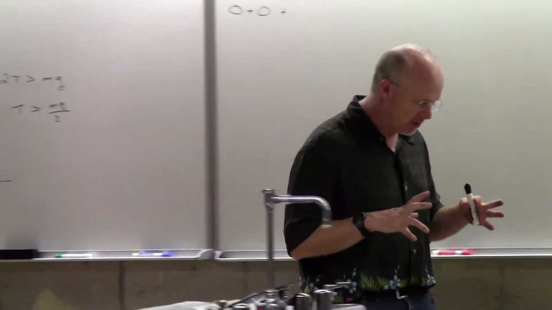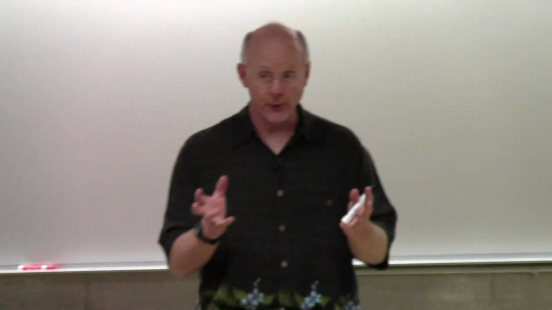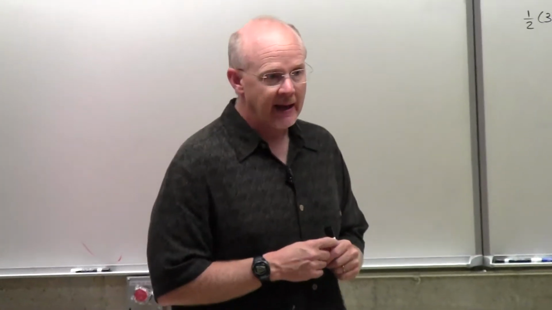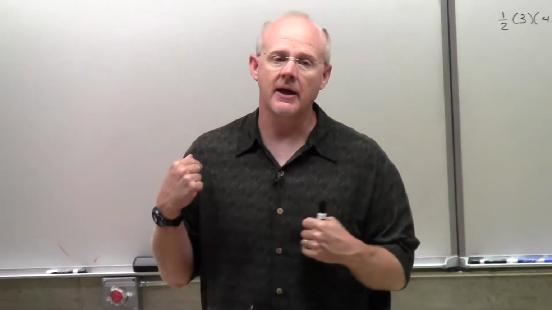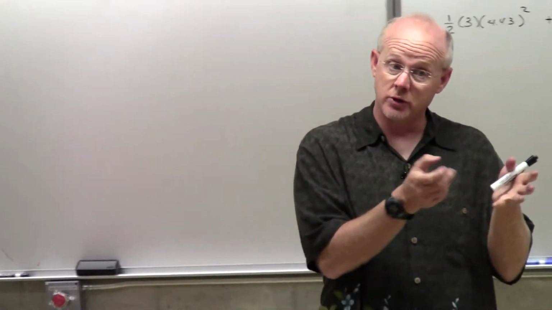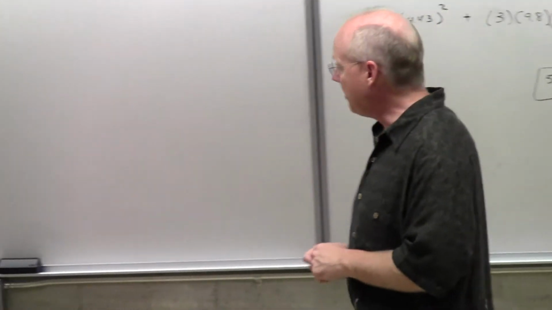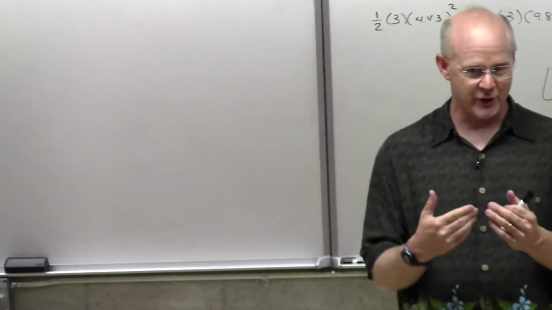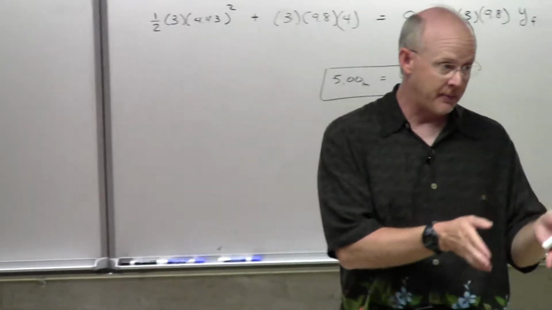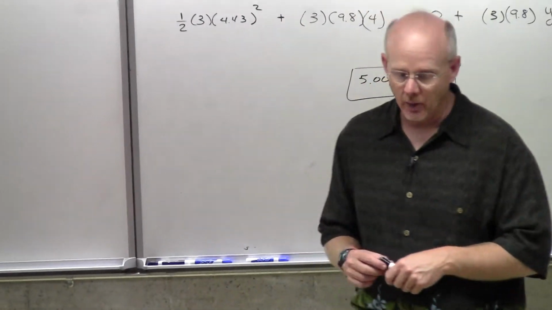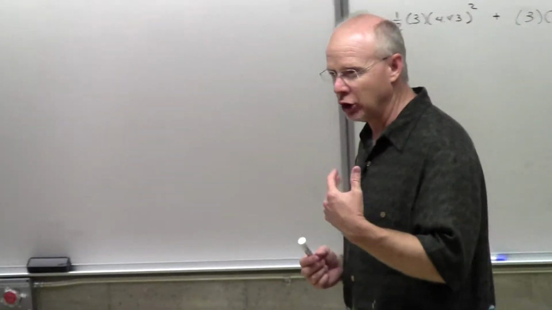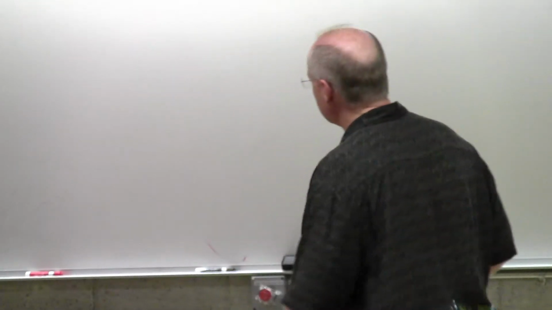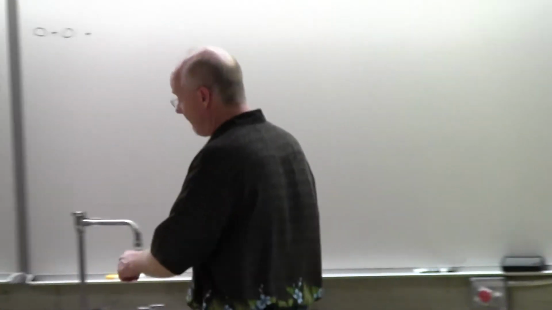And I would even add this, when you're working on the test, make it pretty clear what you're doing. Part of it, of course, is for me so that I don't miss something and score you lower than you really deserve. But the other part is, I find that if you make it real clear for yourself, you end up doing better on the problem than you would have done otherwise. Because I can figure out by looking in the equation. When I look at the equation, if I don't see it on your graph and on your picture, if I don't see where you called y equal to 0,